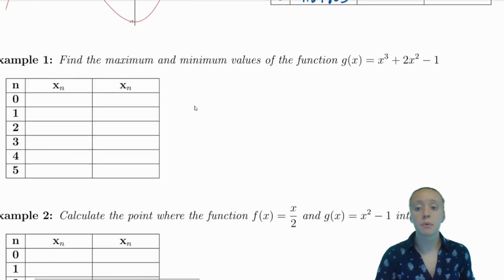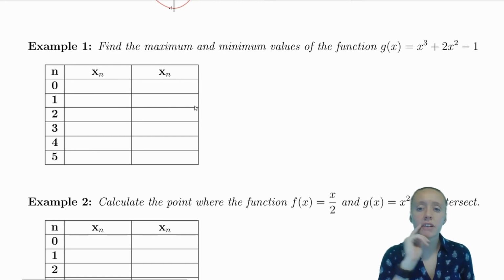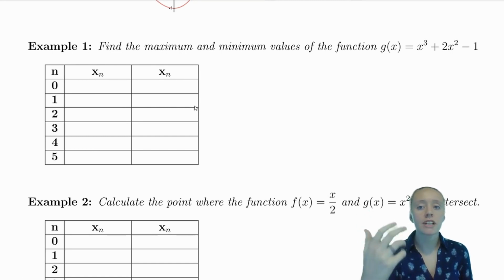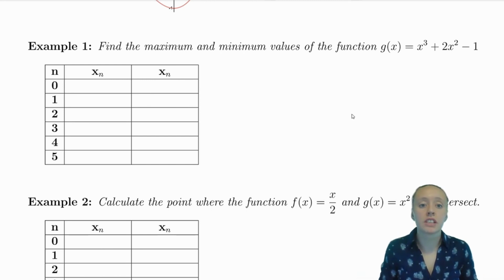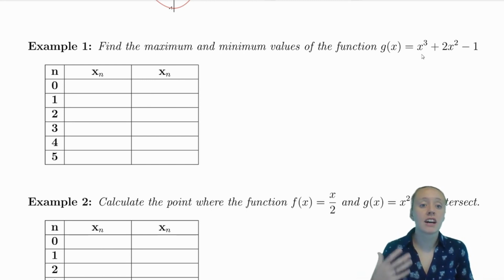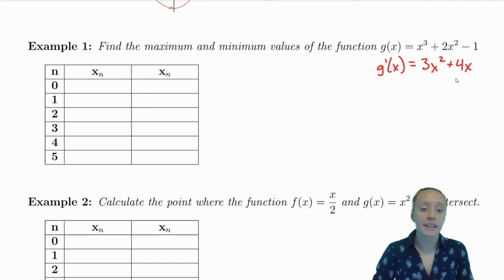So scrolling down to example 1, well, we're not finding the roots in example 1. It wants us to find the maximum and minimum values of that same exact function from up above. But remember, Newton's method helps us approximate roots, approximate those zeros. So for min and max values, that's when the derivative equals 0. So as opposed to using g of x, that's x cubed plus 2x squared minus 1, we're going to use g prime of x. So we want to figure out our roots for 3x squared plus 4x,